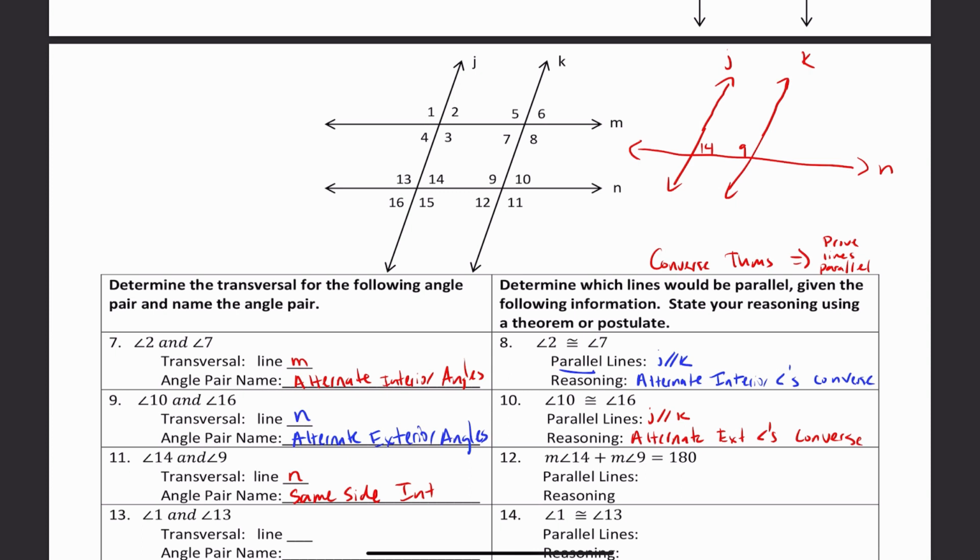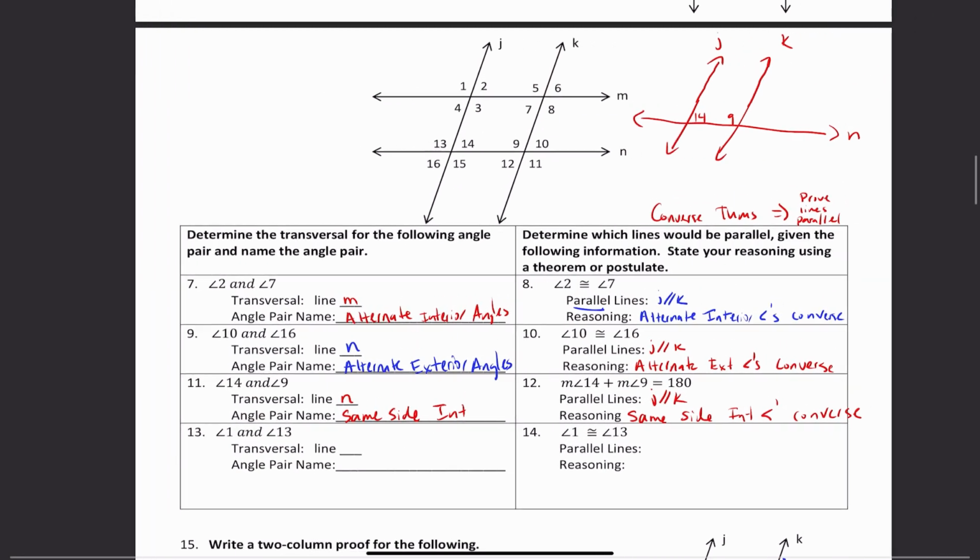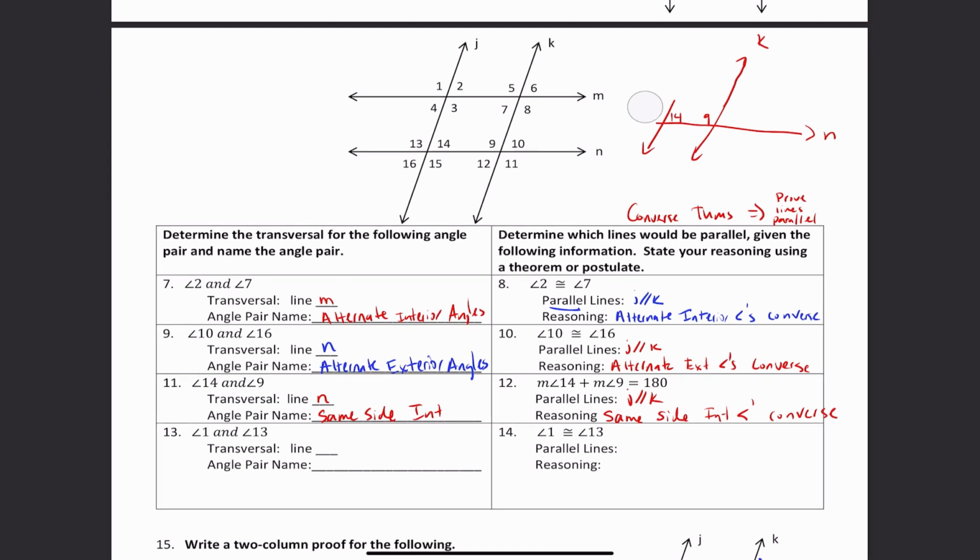Okay, so we can see that yes, 14 and 9 are same side, and they add up to 180 based on the given. Therefore, J is parallel to K, and the reason would be same side interior angles converse. Okay, now let's go ahead and move on to number 13,